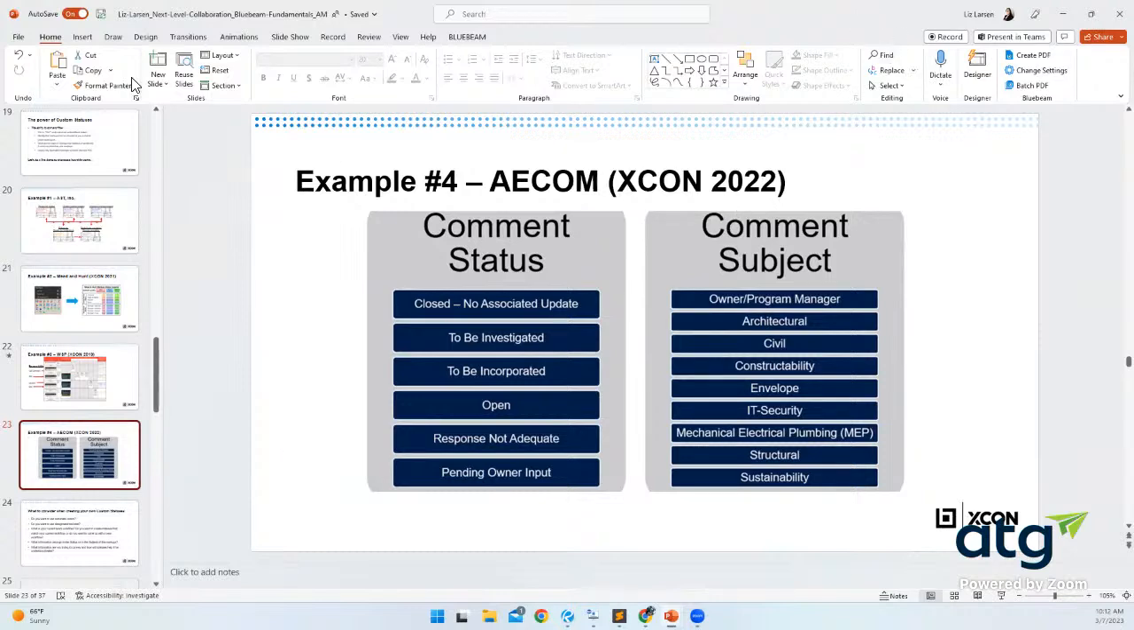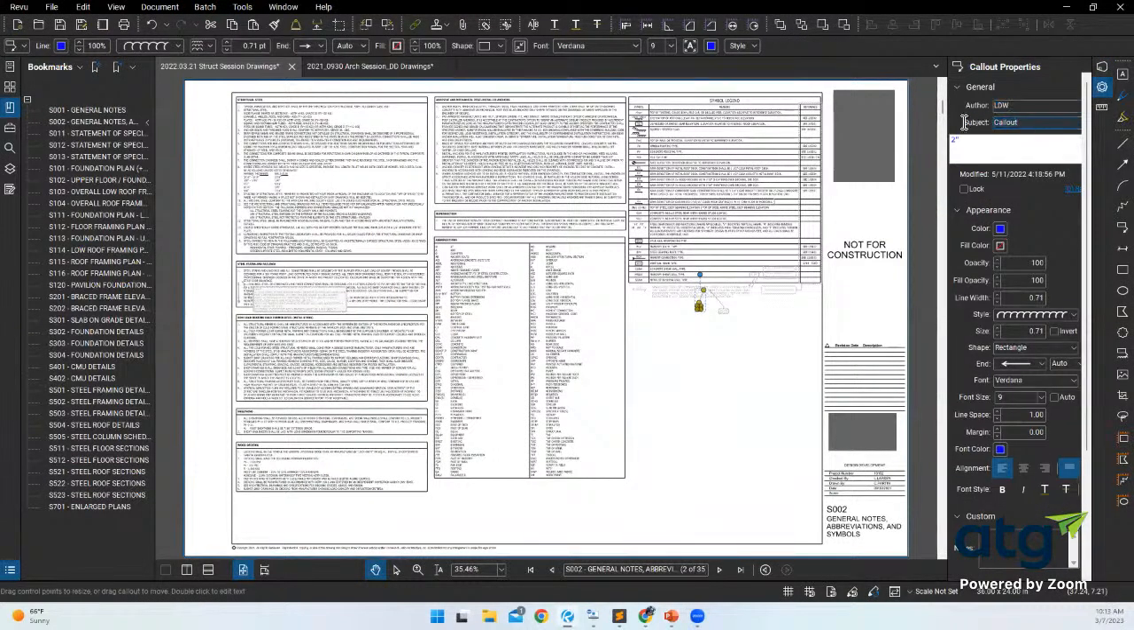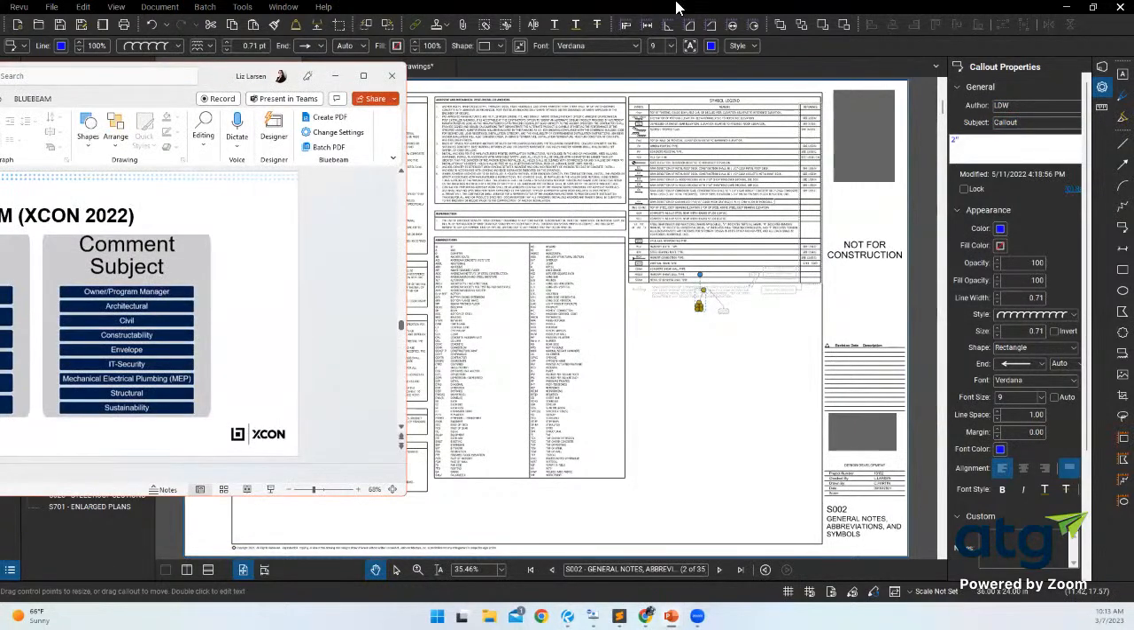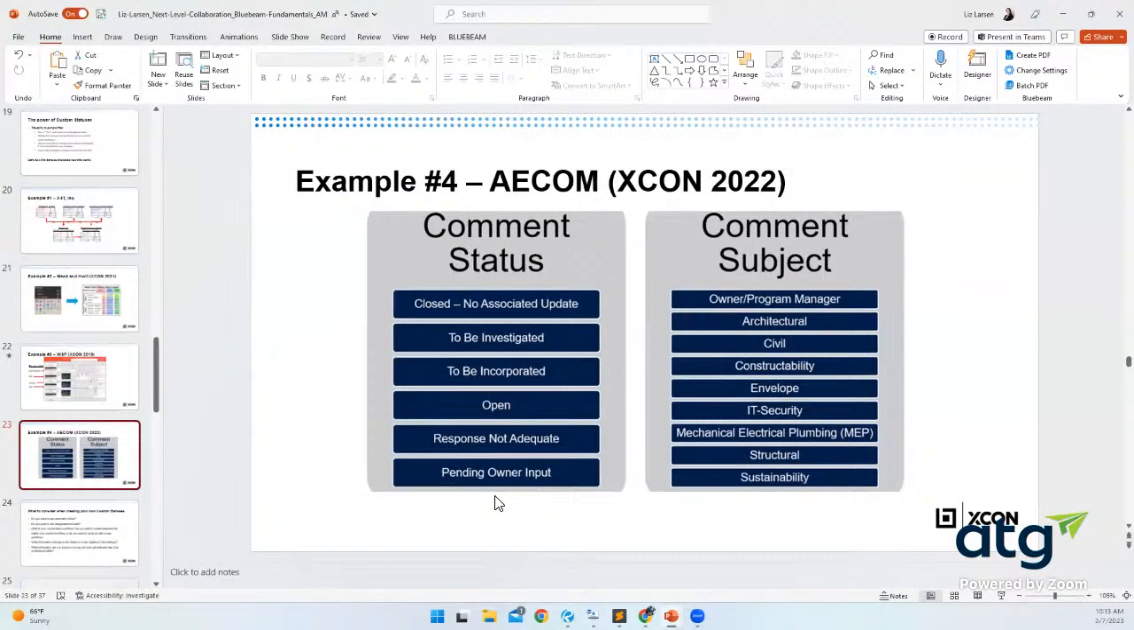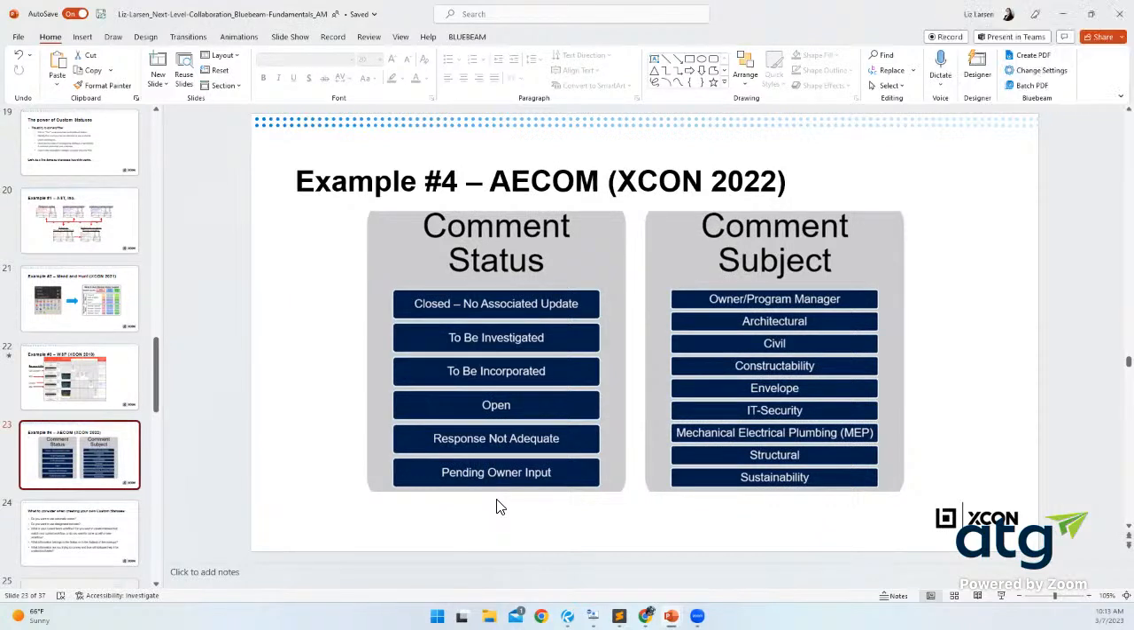They use the subject. So if I come over here and I click on this, they use the subject line as like metadata along with statuses. So the status is the status. Is it open? Is it completed? Is it whatever? But then the subject was whoever the comment was directed to. And what that allowed them to do is sort their markups list by subject and see what the status was, or